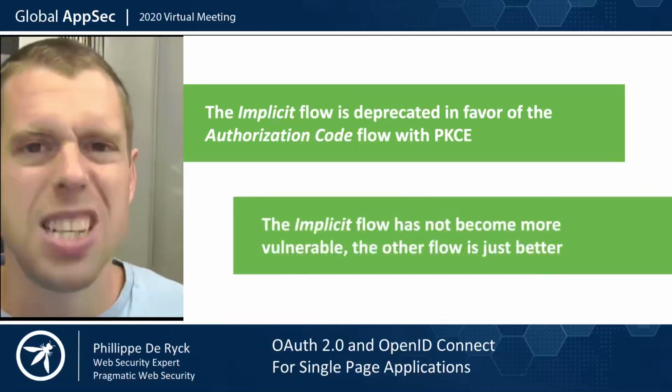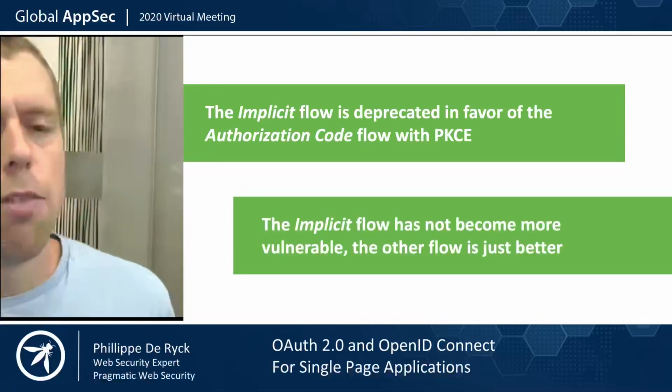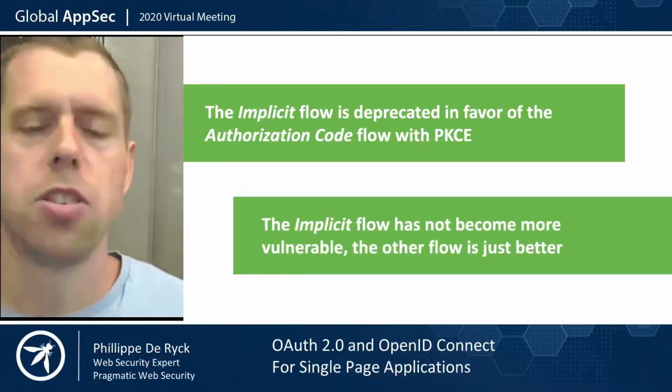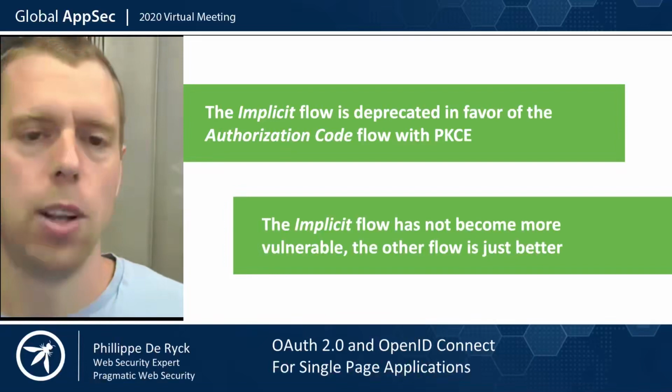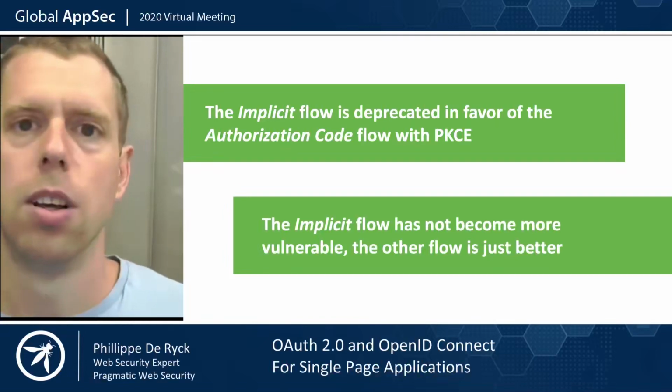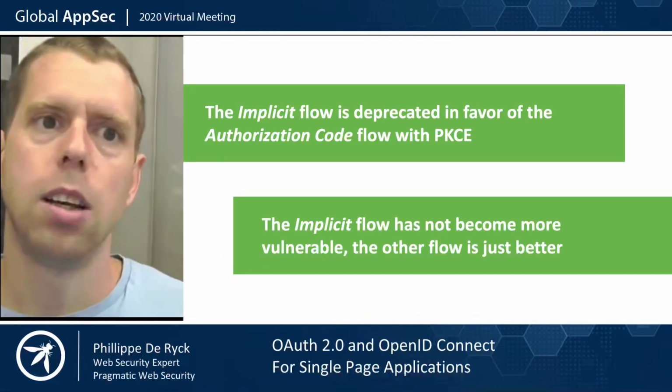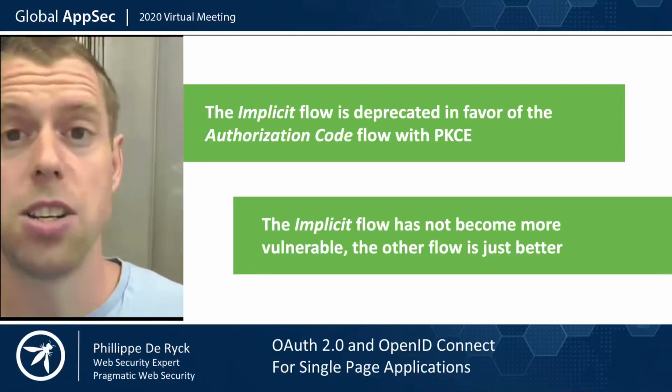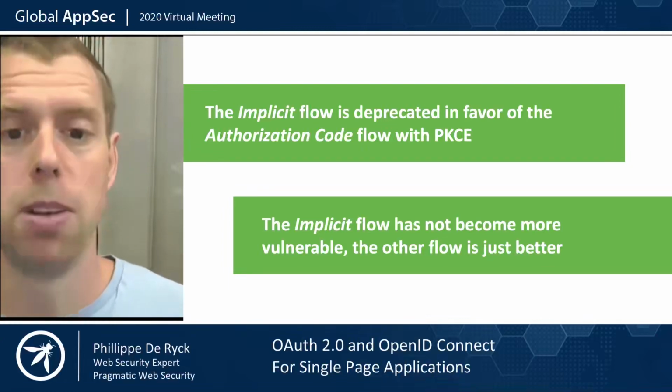What does this mean in practice? This means in practice that if you're building a new application, you use the authorization code flow with PKCE for any front-end web application as an OAuth client. If you're working on an existing application that already has an implementation of the implicit flow,